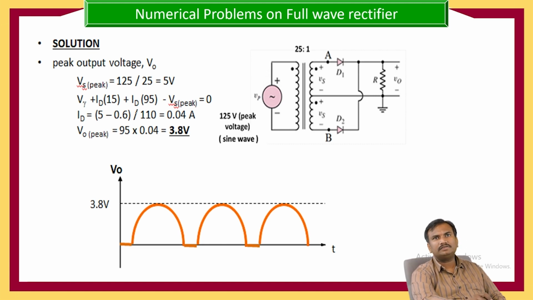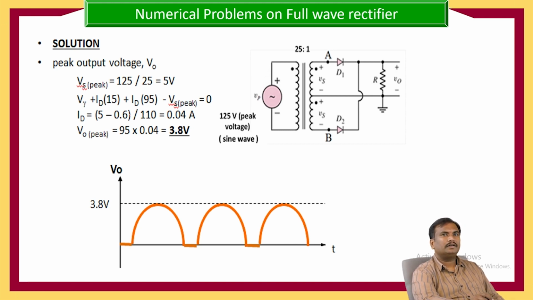Here ID is equal to 5 minus 0.6, divided by 110. Because Vs peak is 5 minus the 0.6 which we are taking,